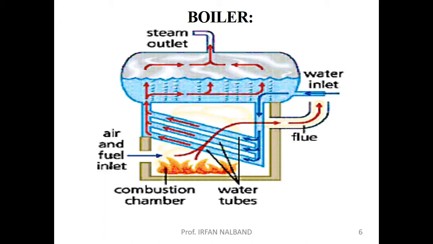This is a boiler, or we can say a water tube boiler. In a water tube boiler, water is taken in a tank, and from the bottom of the tank water is taken into water tubes. At the bottom of the water tubes a furnace arrangement is provided where the fuel is burnt, due to which water is heated. That heated water, by convection, comes to the top layer, and the cold water, which has lower temperature, remains at the bottom, and continuously this cycle runs, which helps to produce steam. That steam is taken out from the boiler.